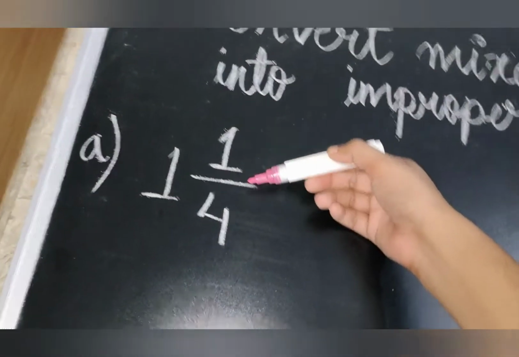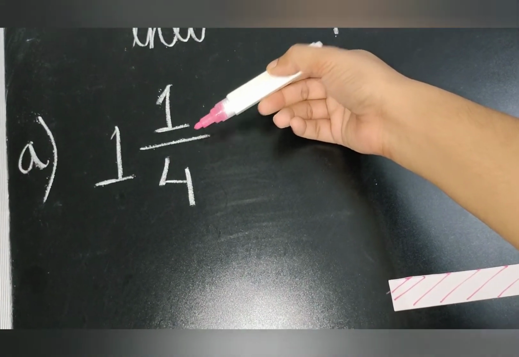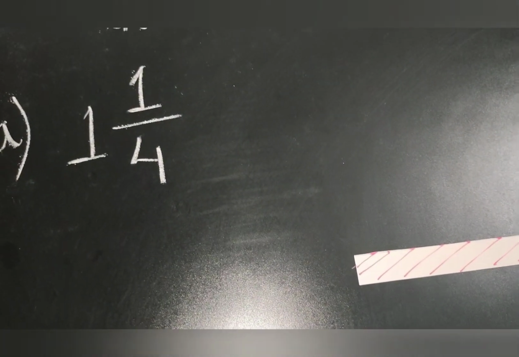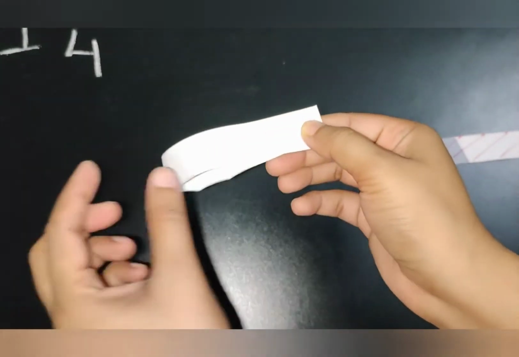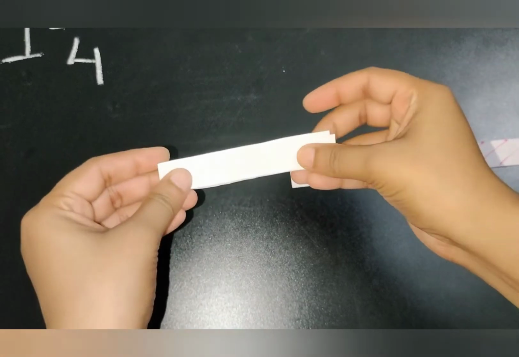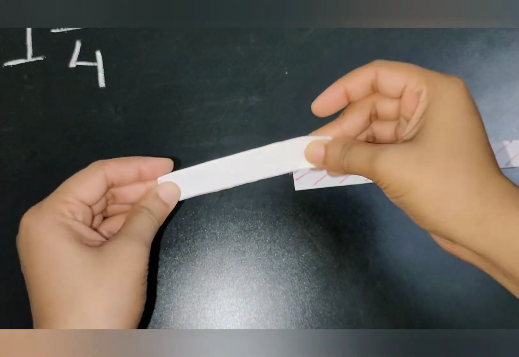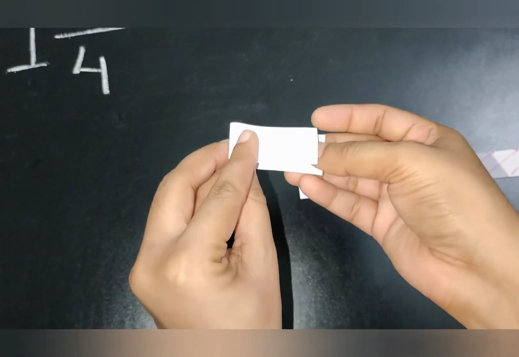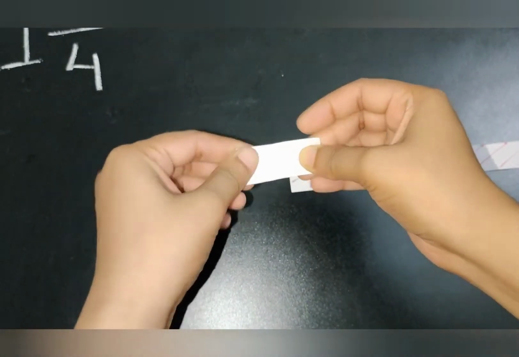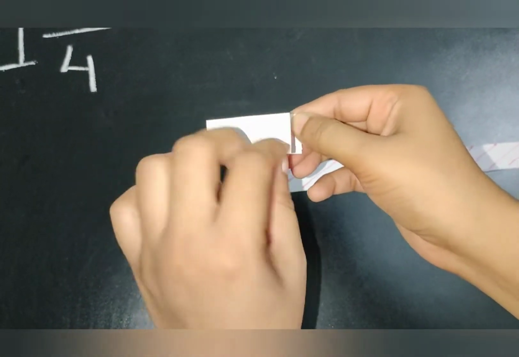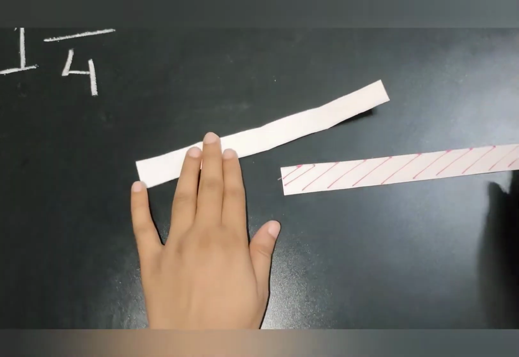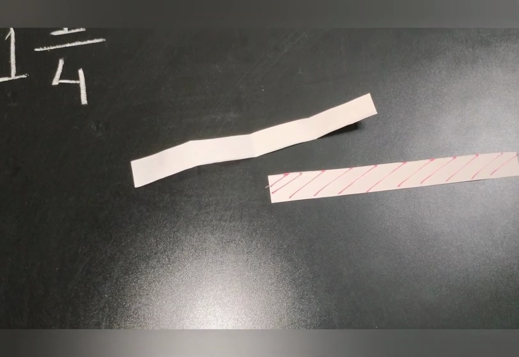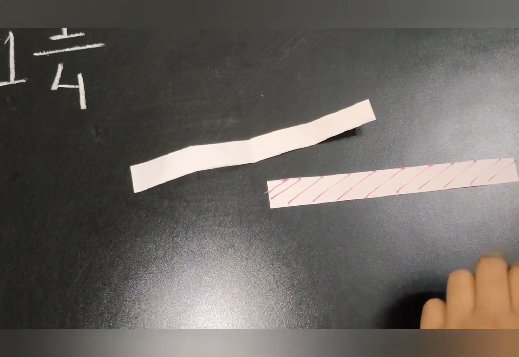So now what is this term over here? 1 by 4. You need to find out. For that I took another strip and I am going to fold it into two parts. Then you have to fold it in two equal parts. Then I will fold it one more time. Now when you open it, you will find four equal parts. I am going to show you here the four parts.